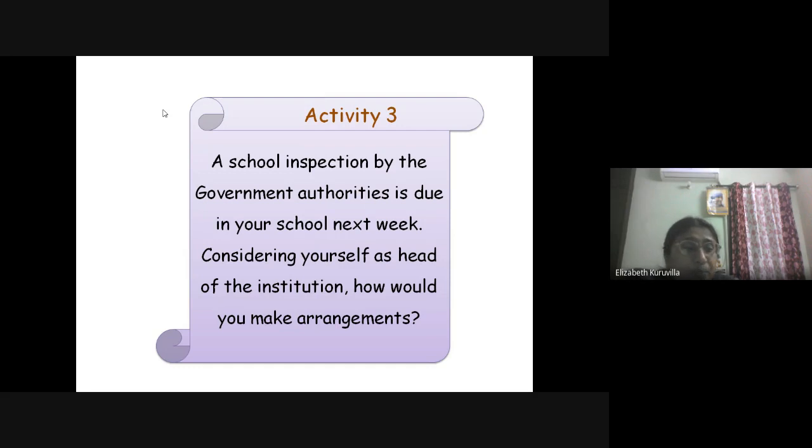Yes or no? I am telling that suppose within 2 days you got notice that on the third day some inspection will be happening. In such case, how will you inform your staff, authorities and children?